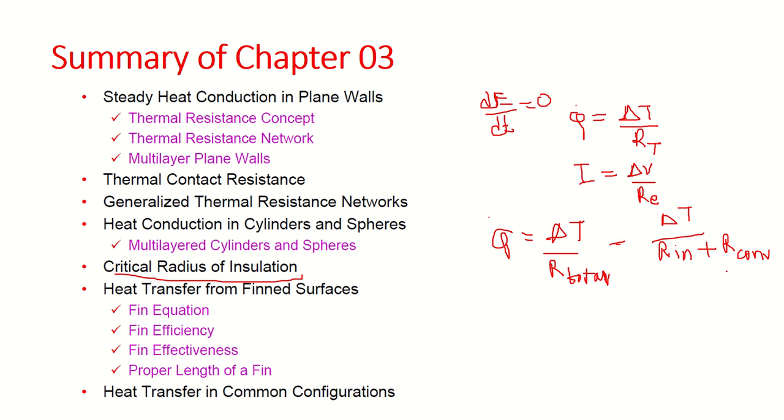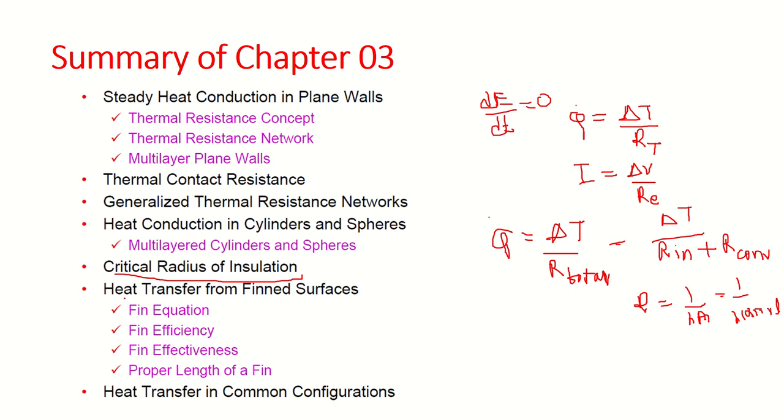So as the insulation is increasing, what is also changing? R convection was 1 over HA, right? And if we are considering a cylinder, A is 2 pi R L. So if the radius is increasing, R convection is decreasing, so again the R total will decrease. But this will have effect till the critical radius. The heat transfer is going to increase till the critical radius, and after the critical radius it will drop. There will still be heat transfer, but the heat transfer rate will drop.